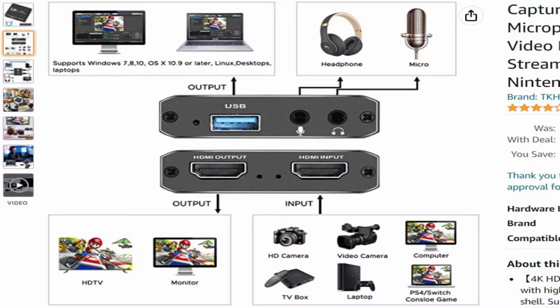Some hardware details. This card has two HDMI ports, 3.5mm jacks for headphones and audio, and a USB 2.0 interface. The shell is a smooth aluminum that's cool to the touch. This card supports up to 4K 60fps HDMI input. The HDMI output, or loop out, is rated up to 4K 30fps and can stream 1080p 60fps via the USB